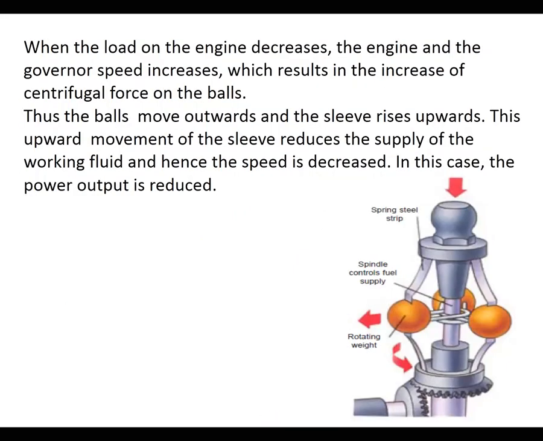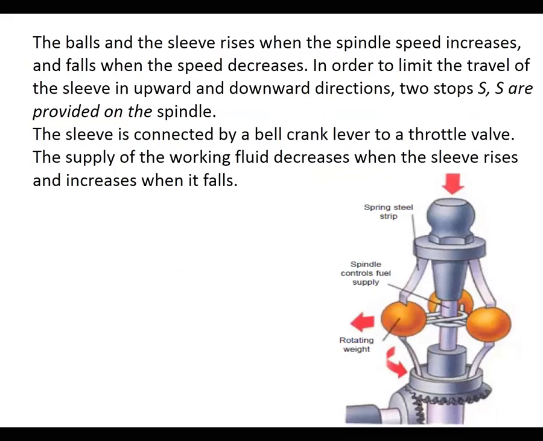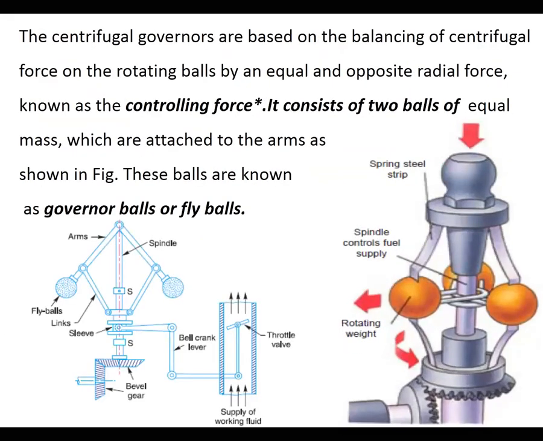So this is the sleeve. I'll explain through this diagram also, so you can understand. So this is the diagram. Very initially, you just assume that this is the situation. The power is coming from the engine. Once the power comes from the engine through the bevel gear, it will reach the balls.